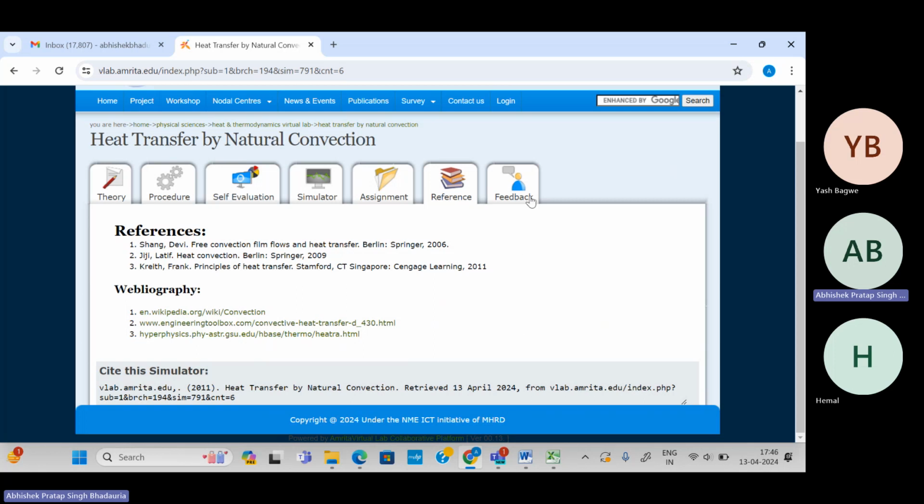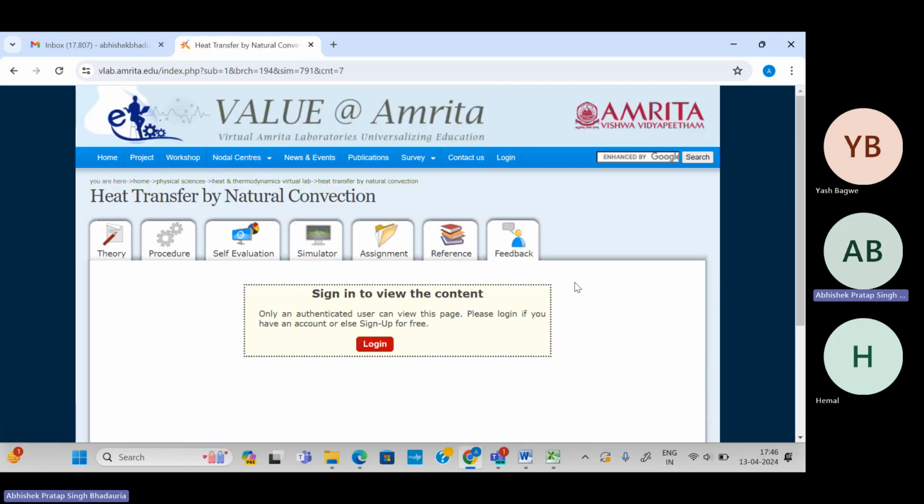Now the seventh tab, that is the feedback tab. For the feedback tab, it will ask for the login. Remember, if you have not signed in for this virtual lab experiment, and you are visiting this website for the first time, first of all you have to register yourself on this website. After successful registration, you will get one username and password. From the next time onwards, you can log in to this virtual lab website with that particular username and password. And it will ask for login